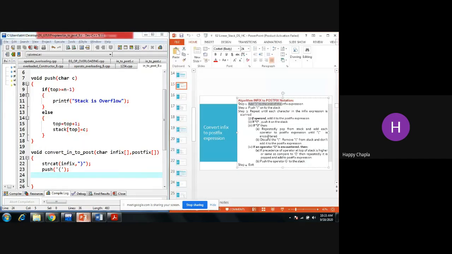Now the second thing, the algorithm: repeat until each character in the infix is scanned. So for every character I need to take one for loop or maybe a while loop, right? Every time it will work with that.